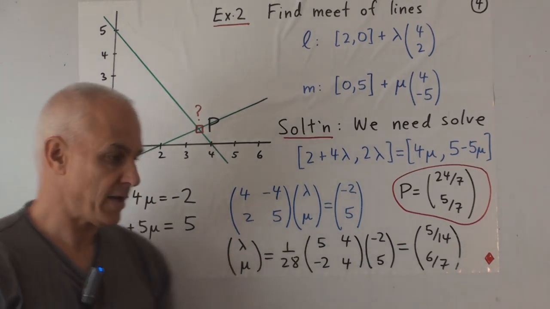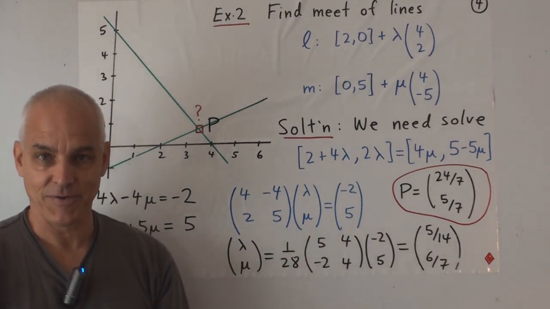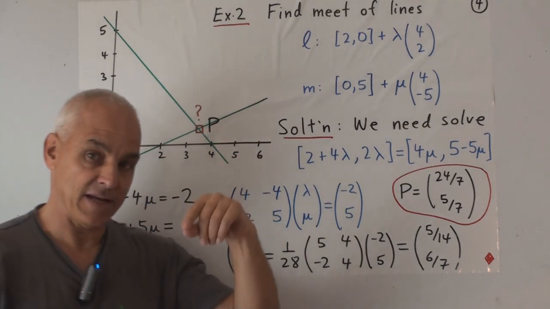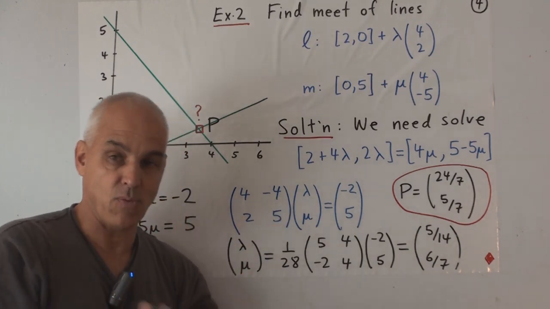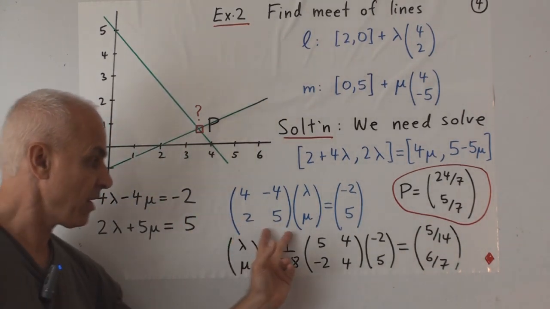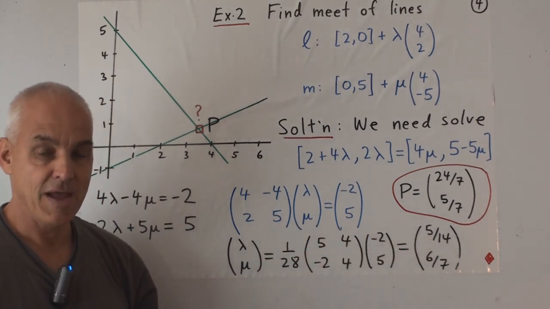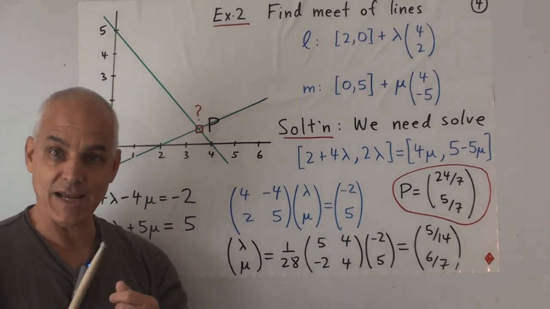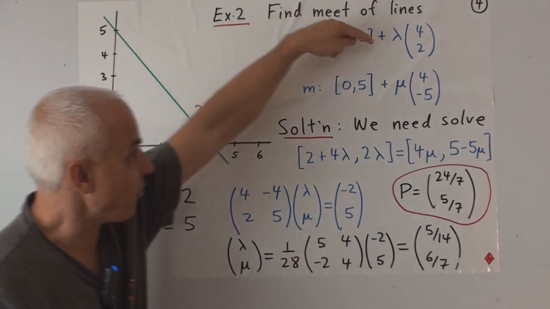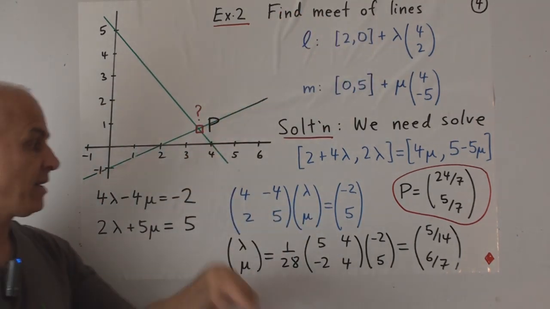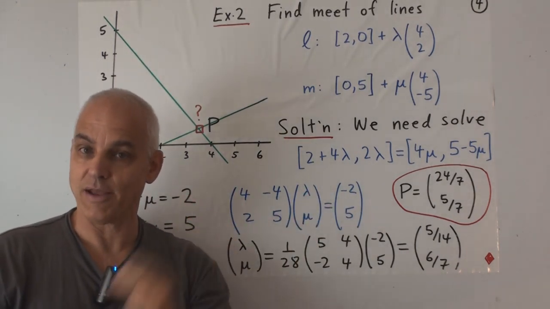So we see in particular that a matrix equation like this can have different interpretations. In both of these two different techniques for solving the intersection of two lines, one in the Cartesian framework and one in a parametric framework, we got equations with 2 by 2 matrices, and we had to invert them. But the interpretation of the meanings of the variables was quite different. Here the variables correspond to the parameters that are involved in the lines, and in the previous case the variables were x and y, the actual coordinates of the point that we were asked to find.